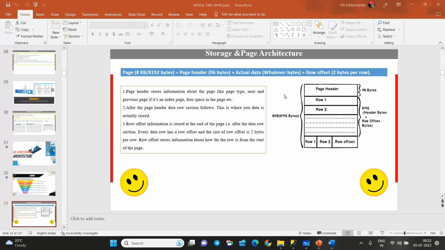In SQL Server, data is stored in the form of pages. Each page size is 8 KB. It contains a header section, a footer section, and a data row section. The header section will store up to 96 bytes. What kind of information will it store in the header? The page ID, page type along with object ID,